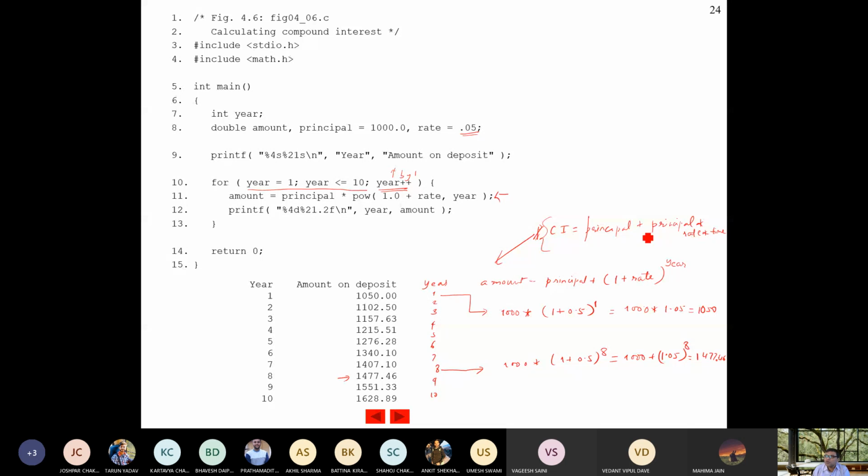So just try to solve it by this formula also, where we are not using any amount, only using principal. So what will be the principal in the next year? What will be the principal in the 10th year? So check whether the answer is coming right, is the same or not. Okay,